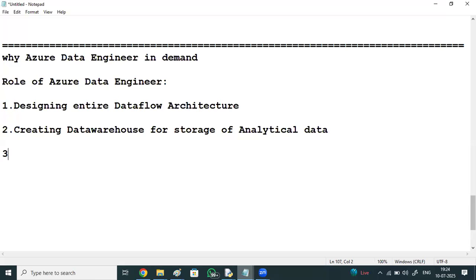And also the major role, ETL: extract, transform, and load. What is that? This ETL is one of the key tasks of an Azure data engineer. They need to extract the data from multiple sources, transform it into structured and queryable data, and load this data into the company's storage service for further business evaluation by the data scientists.